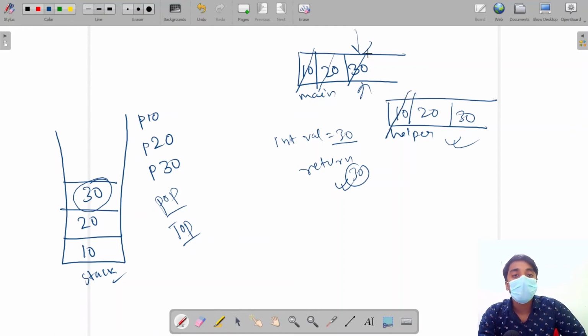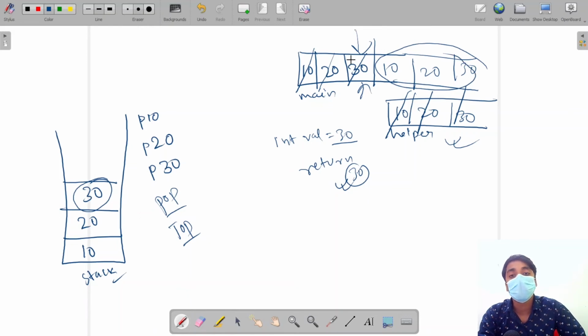If I remove all the values from the helper and add them in the main queue, we will have our main queue as before. If I ask for the pop value, instead of adding this 30 in the helper, we will remove it from the main queue. So let's see.